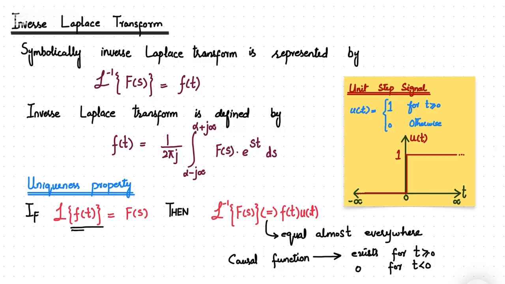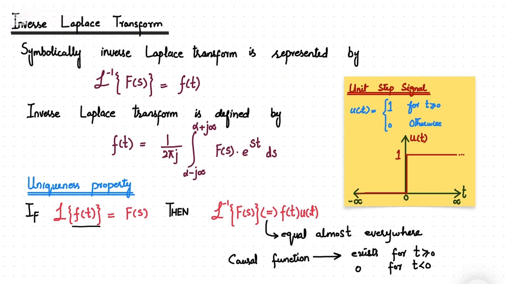If this function is not a causal function, then after calculating the Laplace transform, when we go back, the result is going to be a causal function. If the initial function was not causal, the result would not be the same. This is known as the uniqueness property. The f of t for which we calculate the Laplace transform must be a causal function